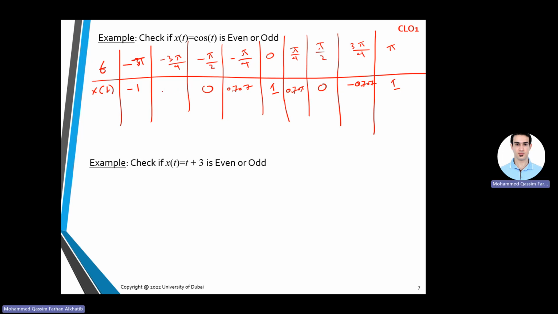3 pi over 4, that's a negative 0.707. And you remember this all sine, tan, cosine. You know what this graph means? Where the value is positive. So this one, all of them are positive. Here is only the sine positive. Only the tan is positive at the third quadrant. Fourth quadrant, only the cosine is positive. All right, so from this table, we found out that these values are the same,